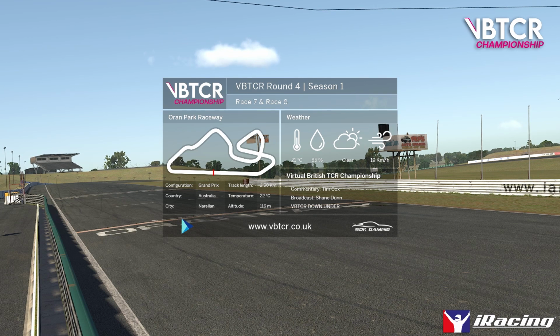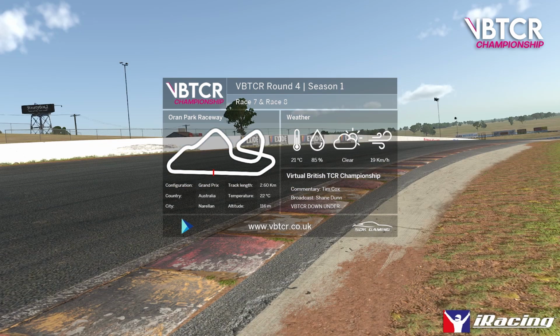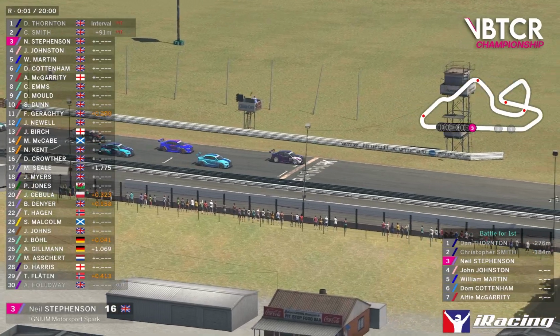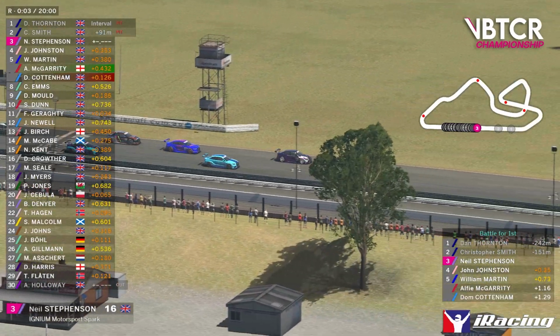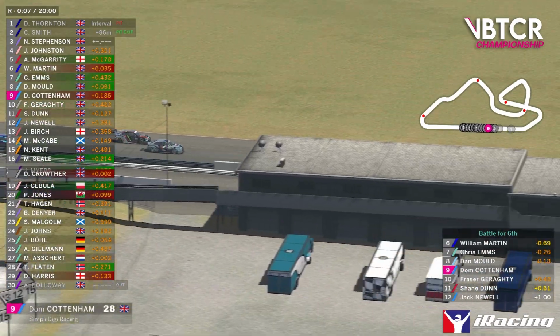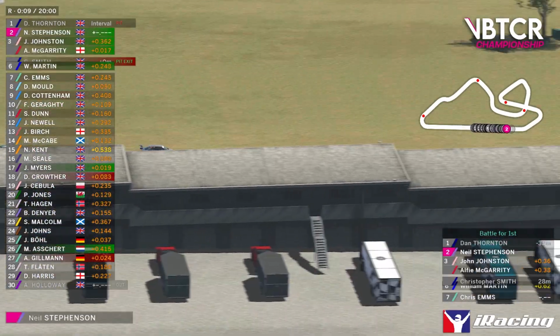Also, a few other drivers to look out for will be Dunn, starting near the front. You see strong performances so far from him this season. Was from Cottam as well. But let's get ready. Let's find out what's going to happen in race 2. We've got Thornton on pole as we head out, but it's an absolutely blinding start just behind there. I think it was McGarrity getting away as they head behind the